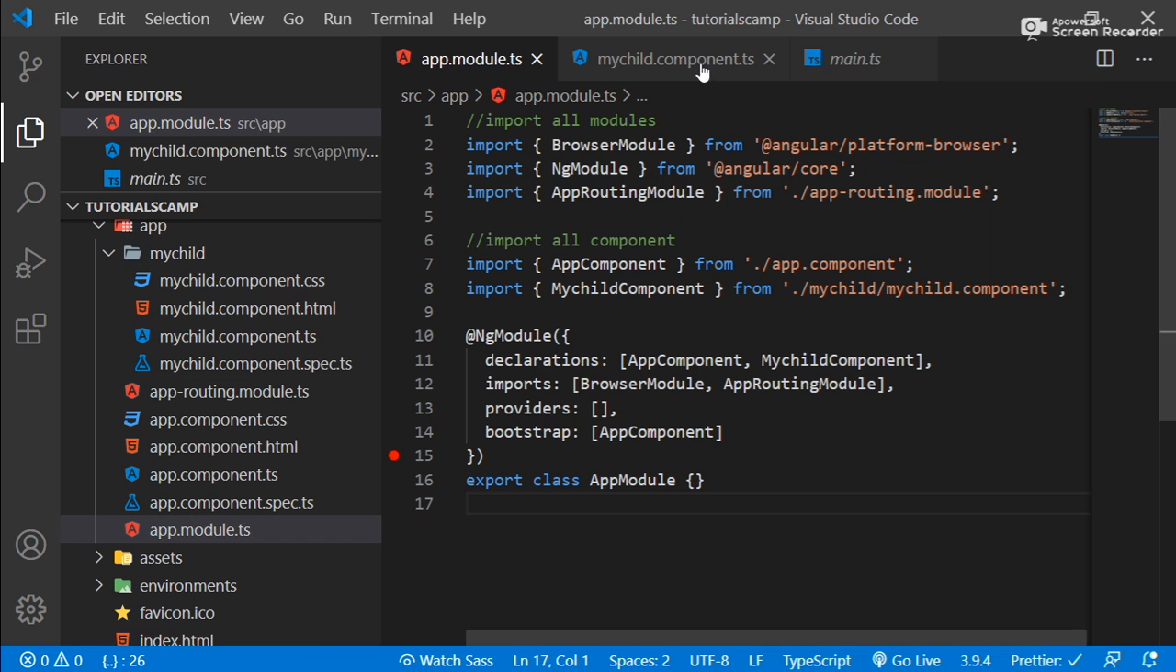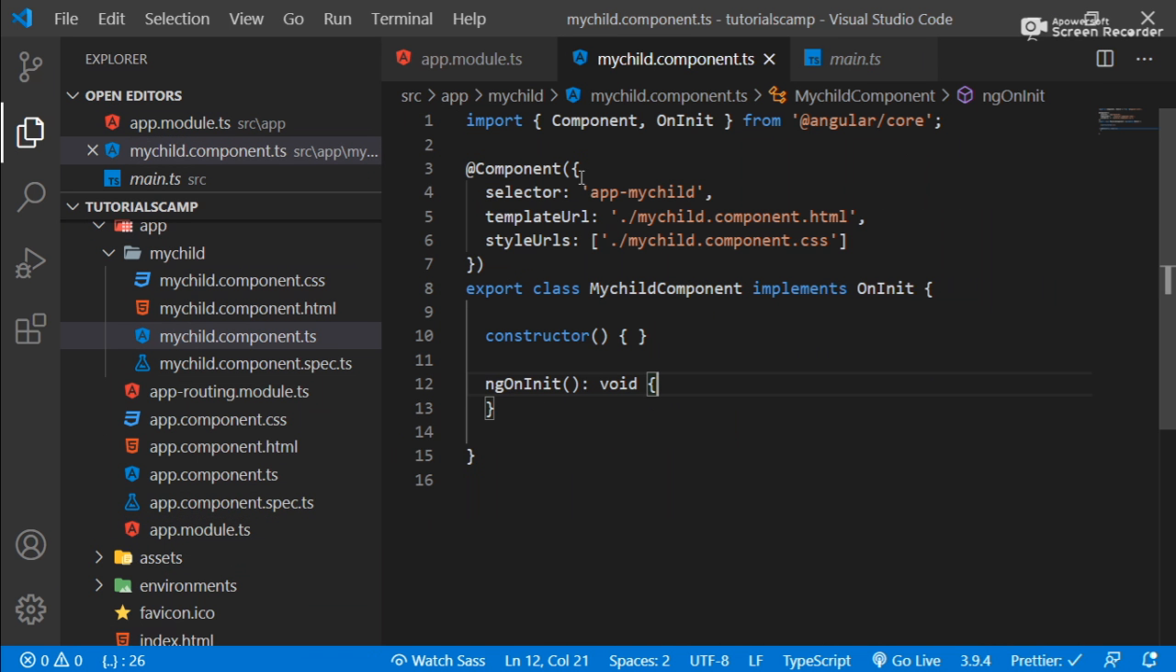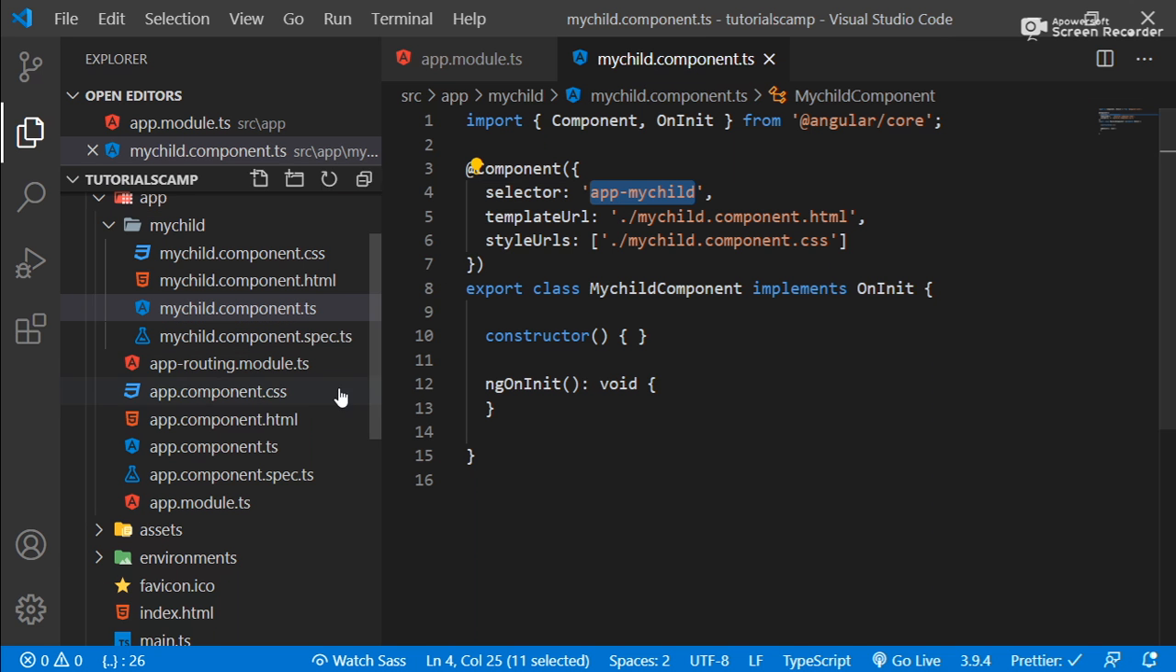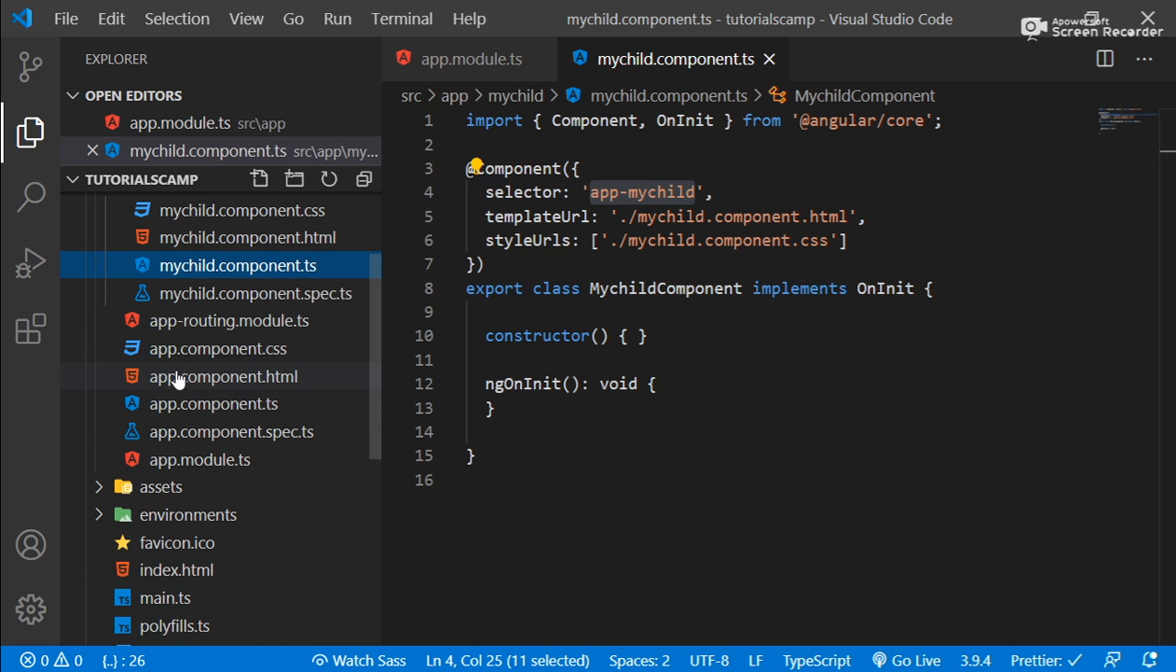Okay, open your child component and let me show you something. There's the selector, which is the identity reference, the identity of this child component, which is app-mychild. So if you want to run this child component inside the browser, you need to use this selector here, which is nothing but the identity of this child component. So go ahead and open your main app.component.html,